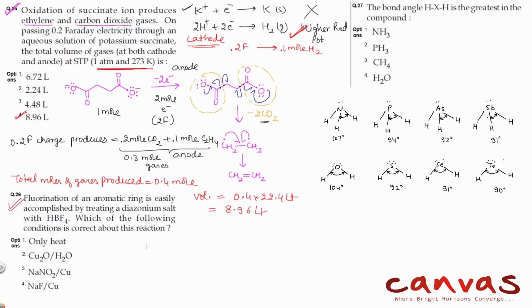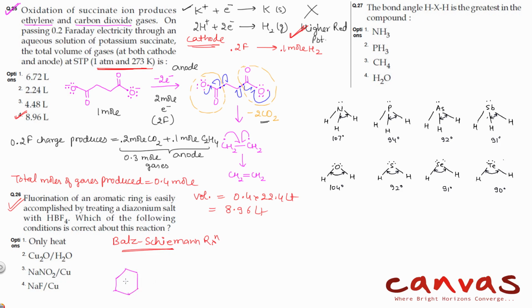Next, 26th question, it's the Balz-Schiemann reaction. So according to Balz-Schiemann reaction, this is the reaction where fluorination is carried out. Because fluorination normally is so exothermic, we do not carry fluorination in normal conditions. Okay, it is always carried out indirectly. So the reaction is,